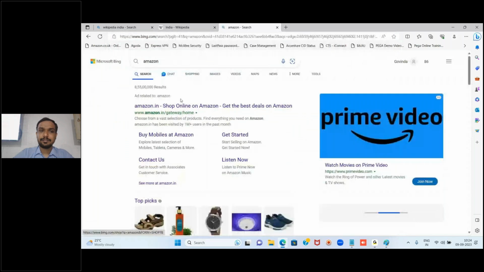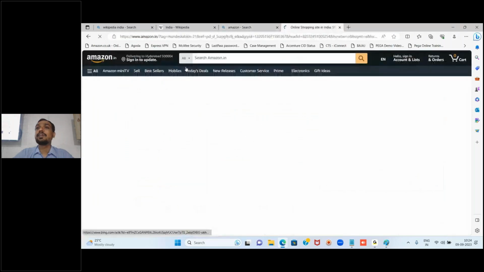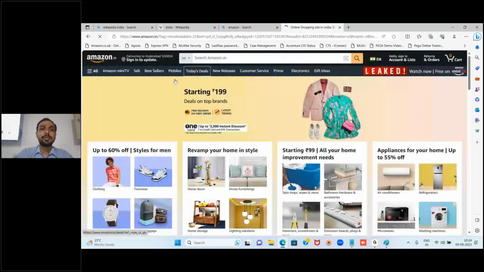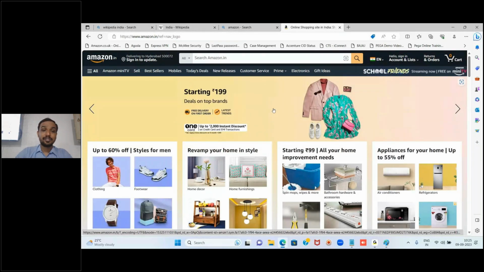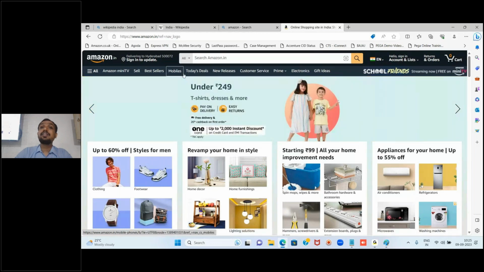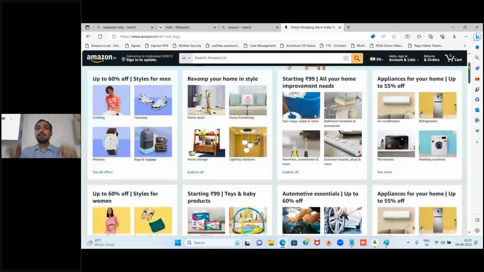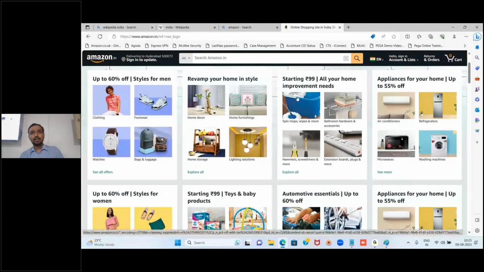This is another site. This is also a website. This is another website whose purpose is different. Wikipedia's purpose is different and Amazon's purpose is different. So it is also containing content. See that, right? A combination of some text, some links, some images. Yes or no? Different content is there. If I dig deep into the product, there I will have video also. Nowadays we have the product info in terms of video also, right? So this is what content is about.